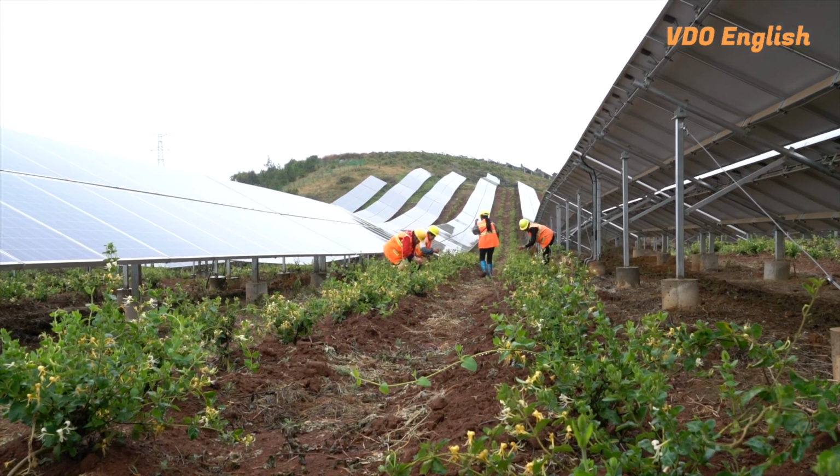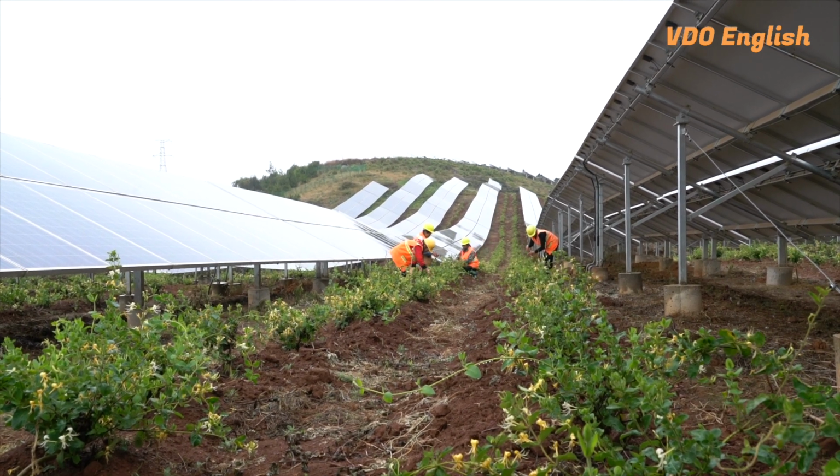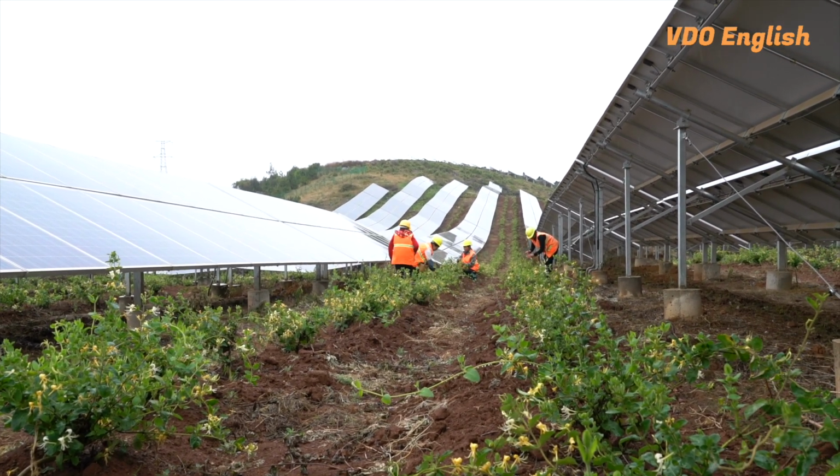After conducting thorough feasibility studies, it was decided to plant the cold-hardy honeysuckle below the photovoltaic panels by making use of the condensate collected. Honeysuckle is a crop commonly used in Chinese medicine for curing cold and inflammation. The planting of honeysuckles, which only require moderate watering to grow, also helps address the pervasive problem of soil erosion